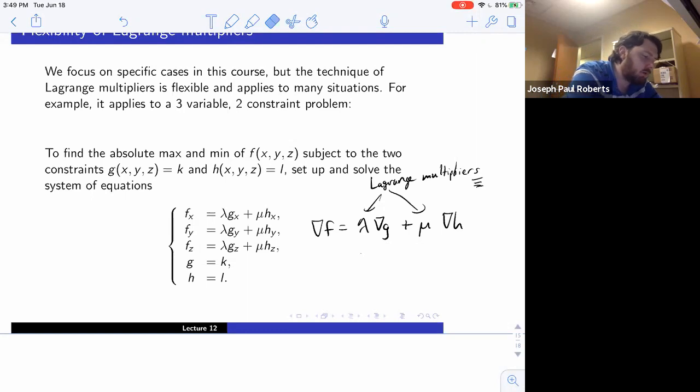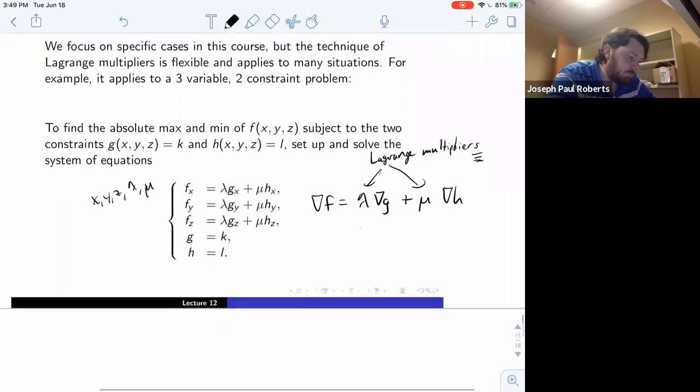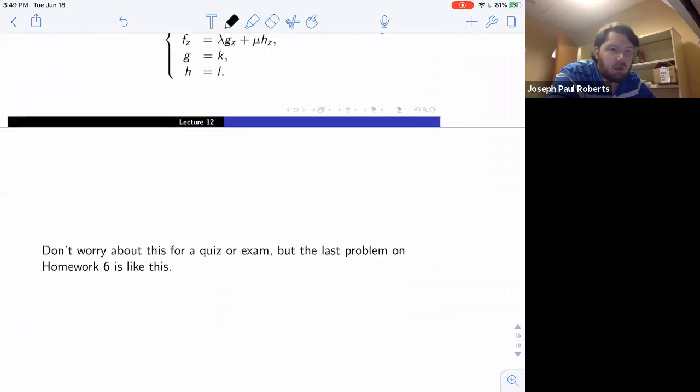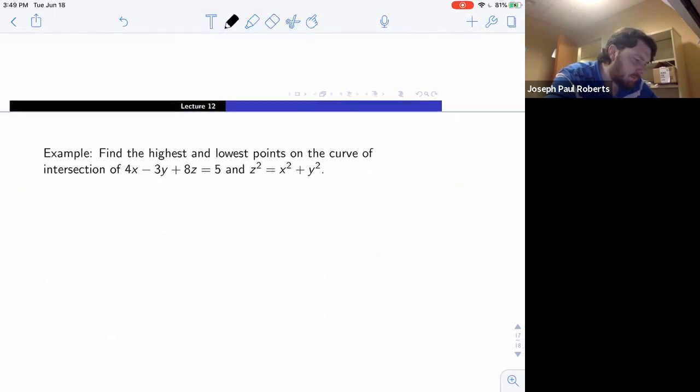If you count your variables, you have x, y, z floating around, but now you have the two new multipliers floating around. So you say, oh, this is 3 equations, 5 variables. What am I going to do? I'm going to be sure to include the constraint equations as well. So don't worry about this for quiz or exam. I think the very last problem on the homework is like this. It's not this problem, but